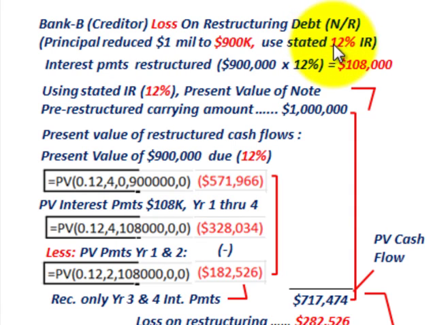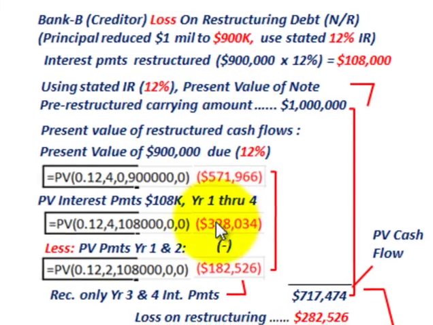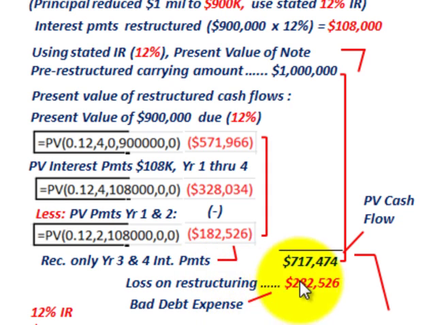Plus, if you're doing an example, you always go back to your original interest rate, or the historical interest rate. In this case, it's 12%, and it's stated in the terms of that restructured loan. Our interest payments are restructured, where only $900,000 is due on the principal amount at the 12% interest rate. So interest payments will be $108,000 per year. Here is where we're going to be using the stated interest rate at 12%, and we have to determine the present value of this note. The reason we're going to do that is we have to determine what the loss is on this restructuring of this notes receivable